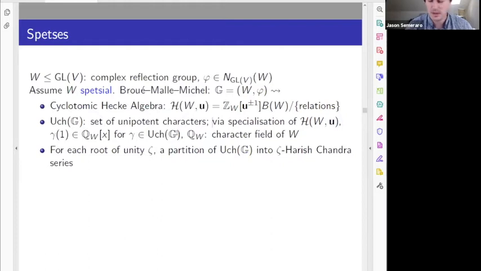I think they're just defined in terms of the fundamental group of a hyperplane complement or something like this. So you can do this, and then once you have the Hecke algebra, you can define unipotent characters, in the way that one would do it before for ordinary groups. And then if you specialize this Hecke algebra, which means you replace u by something in terms of